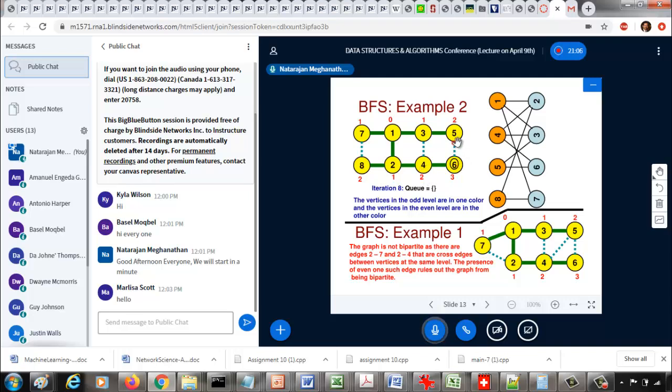This is also a cross edge where the 2 vertices are at different levels. So if there are cross edges, the end vertices of the cross edges should be at 2 different levels. They should not be at the same level. Now even for one cross edge, if the end vertices are at the same level, then that graph is not